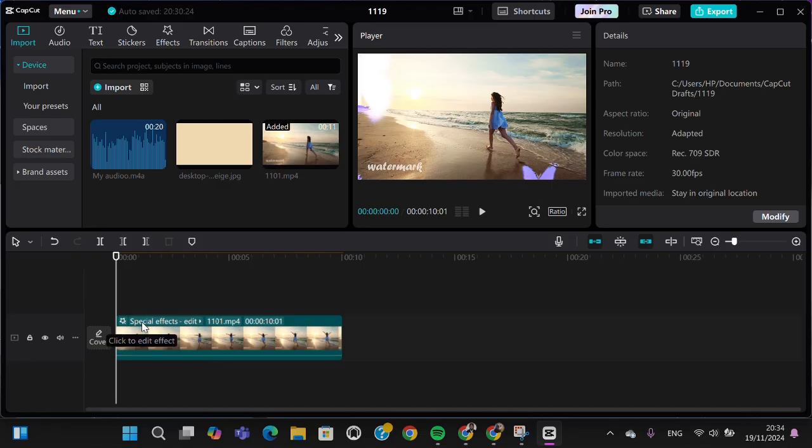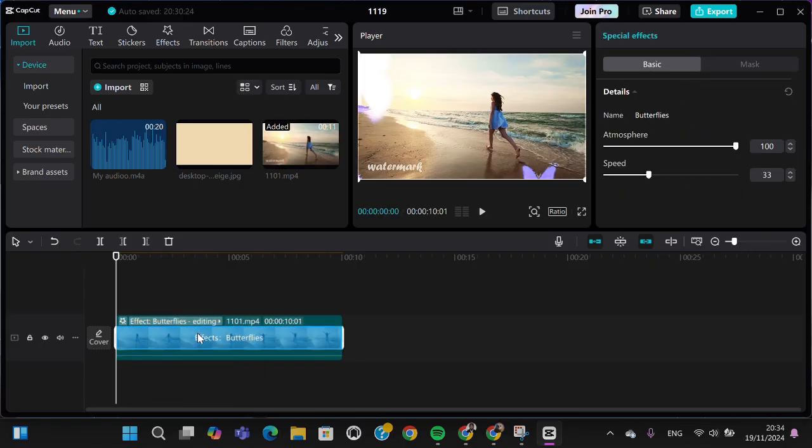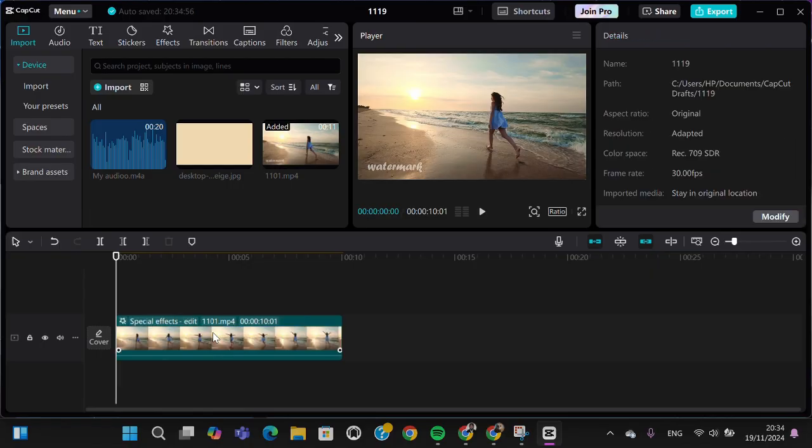So first of all, we can click on the effect. Okay, then since I have applied two effects, I need to select one of them. For example, I'm going to remove the butterflies effect. So I'm just going to select that. And if you want to remove it from your video, you can simply right click on the effect and click on delete. Or you can also press the backspace on your keyboard like this, and the effect will be removed